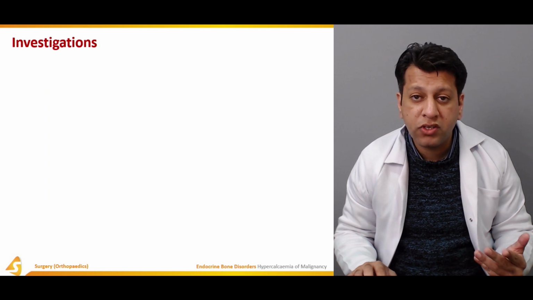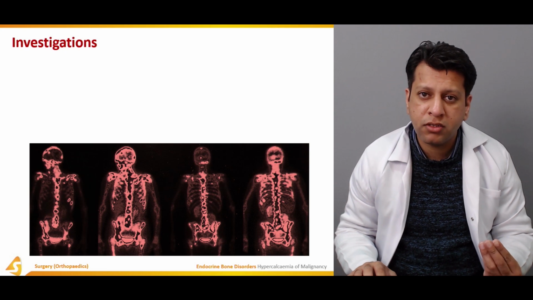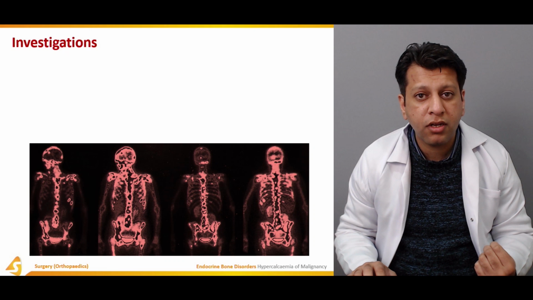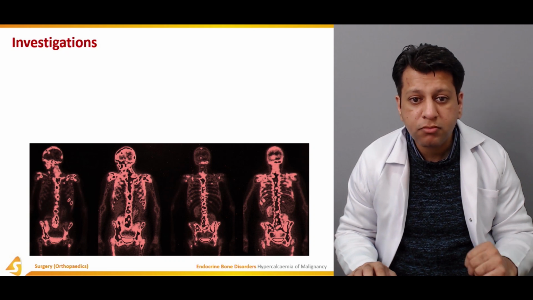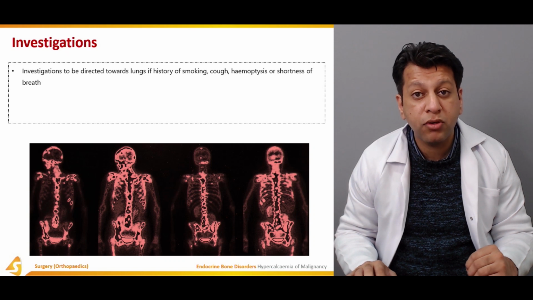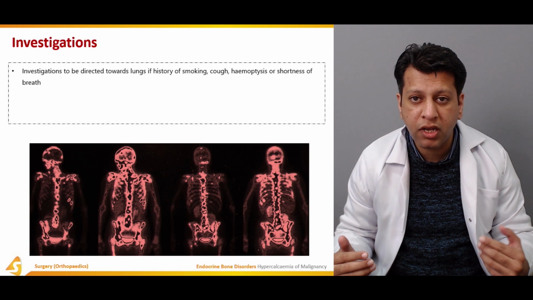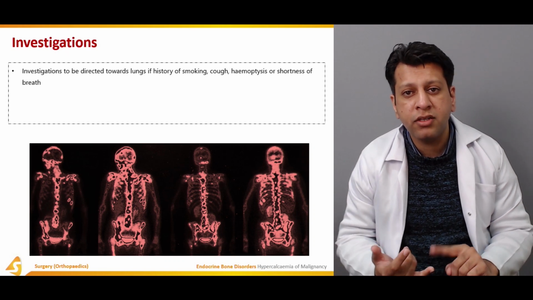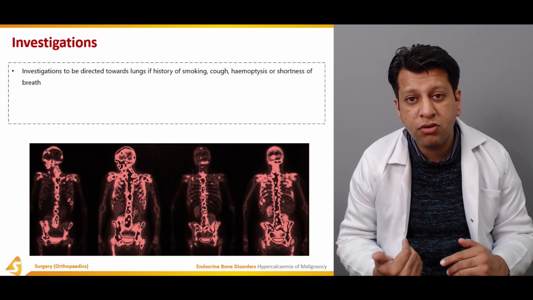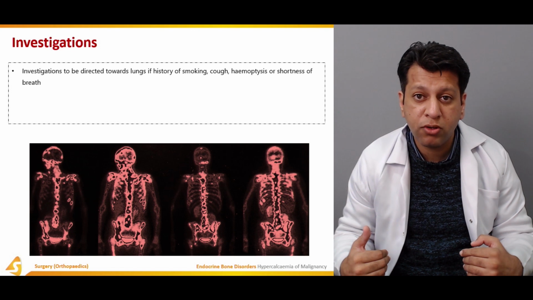When we are investigating, we need to check the serum calcium level, the state of phosphorus, and the levels of PTH as well. Investigations need to be directed towards the lungs as well, because we know that the most common solid tumors of the lung mainly present with hypercalcemia. So we need to get a chest X-ray, and we need to get a CT of the chest as well. Similarly, we need to get an abdominal CT as well to rule out abdominal causes which may be causing